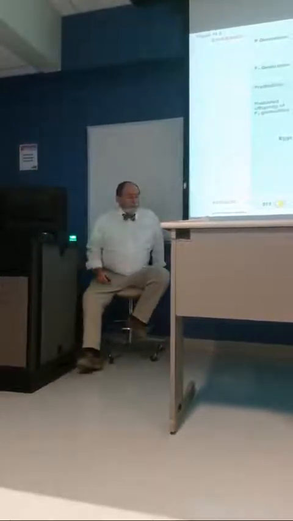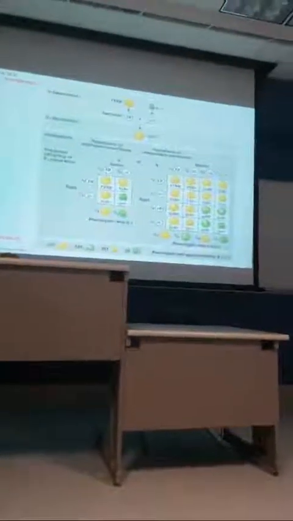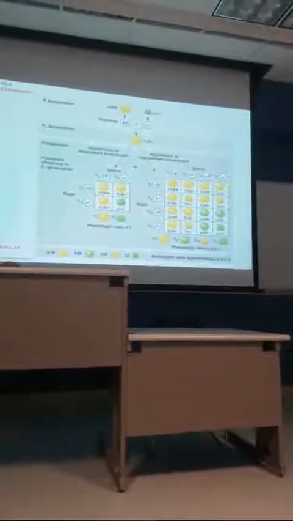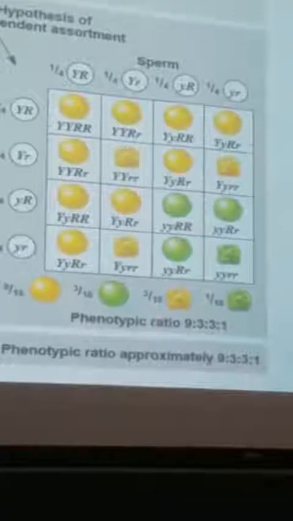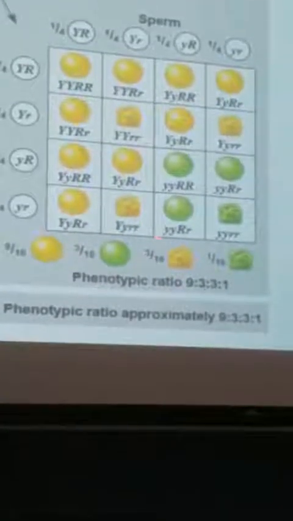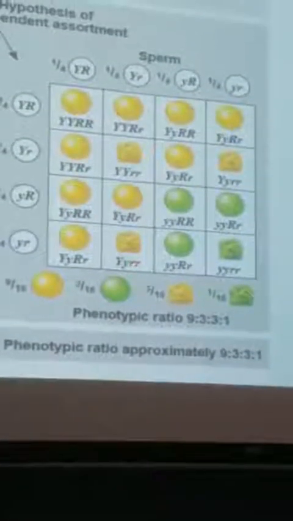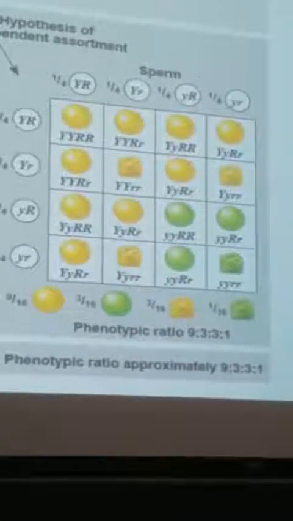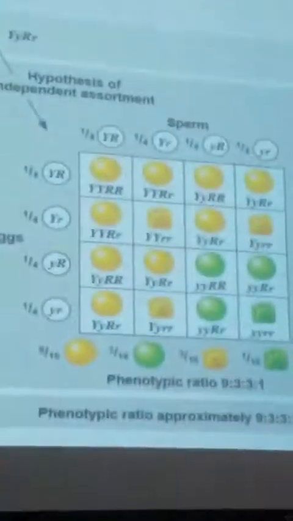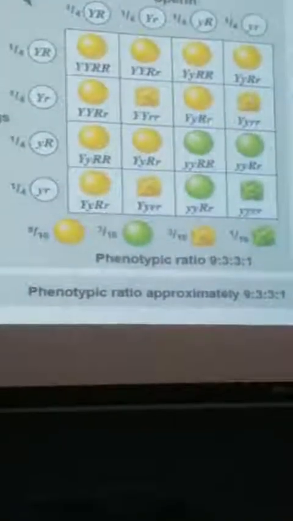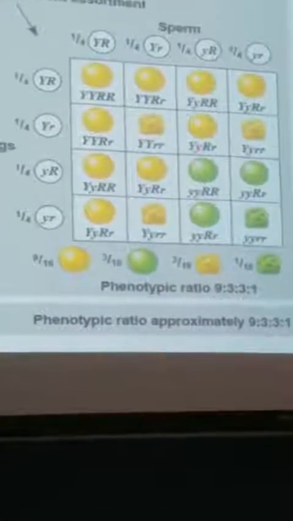let's look at these. Notice this right here is dominant for the color, but it's homozygous recessive for the shape. You can have different combinations. Now, I could have picked this one right here and crossed it with that one. The ratio's now going to change. It won't be 9, 3, 3 to 1. It's 9, 3, 3 to 1 only when we have heterozygotes cross. So in this situation, I can pick any one of these,